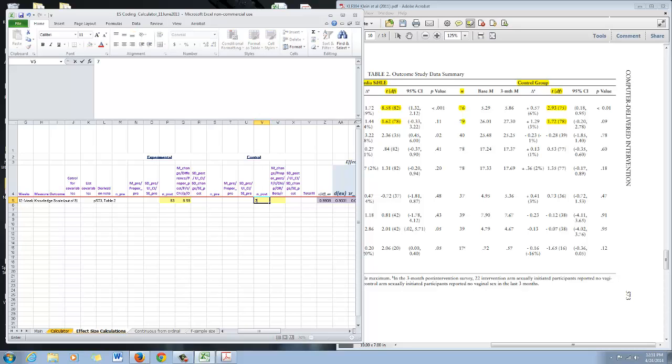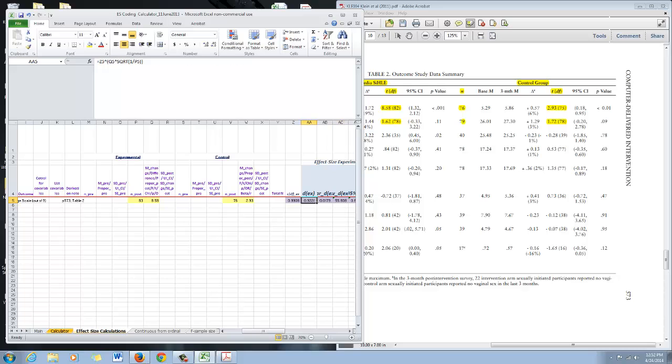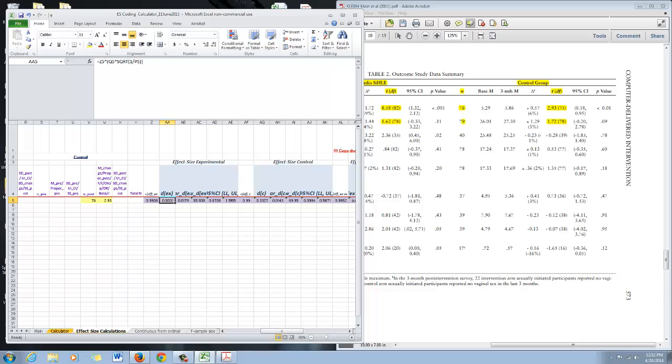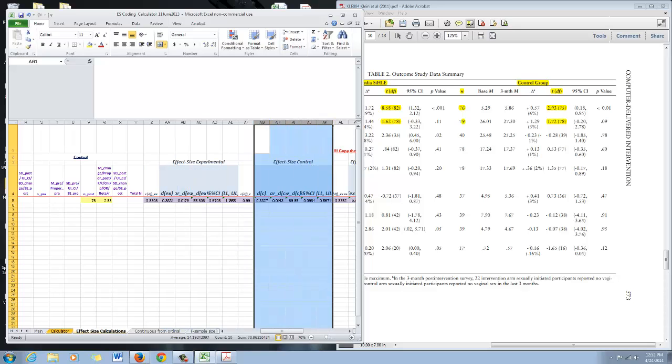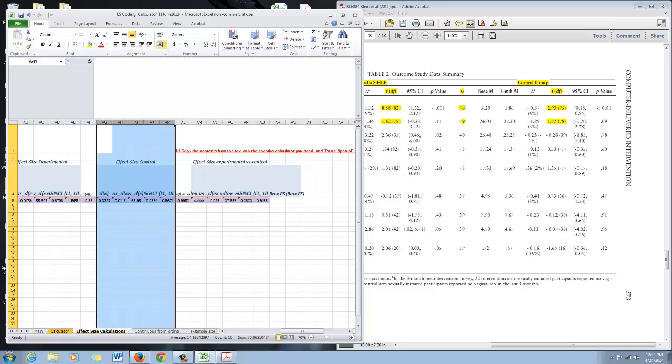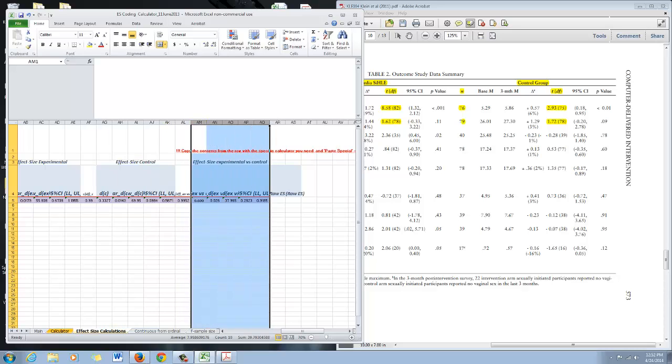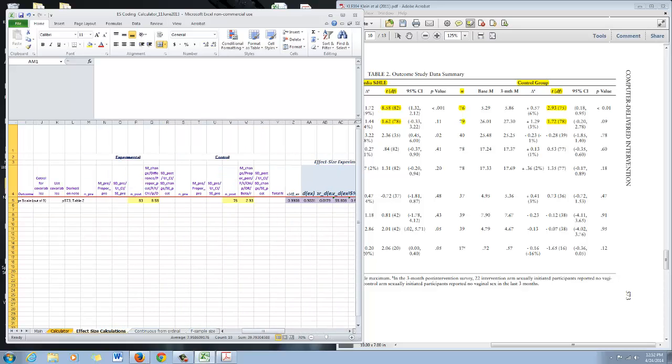And over here we're looking at 76, the sample size for the control group, denoted as N, and the t-test value 2.93. So now looking over here, you're going to have experimental effect size data in these columns, control effect size data in these columns, and experimental versus control data in these columns. So, maximizing the screen,